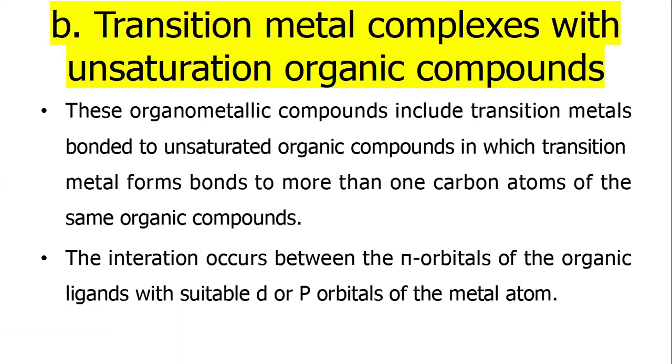Transition metal complexes with unsaturated organic compounds. These organometallic compounds include transition metals bonded to unsaturated organic compounds in which the transition metal forms bonds to more than one carbon atom of the same organic compound. The interaction occurs between the pi orbitals of the organic ligands with suitable d or p orbitals of